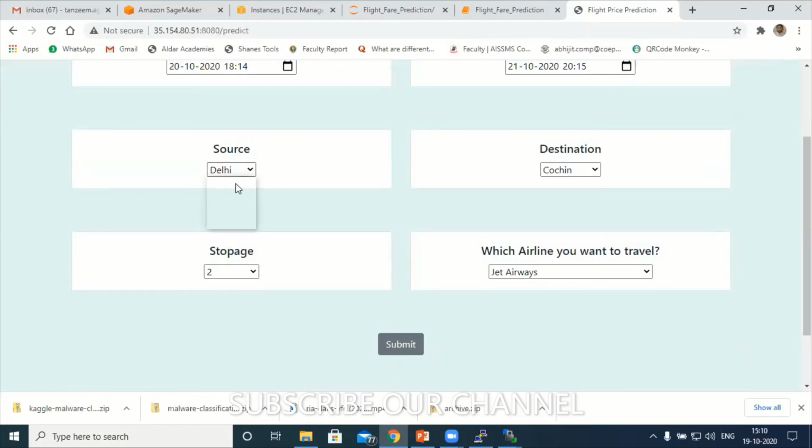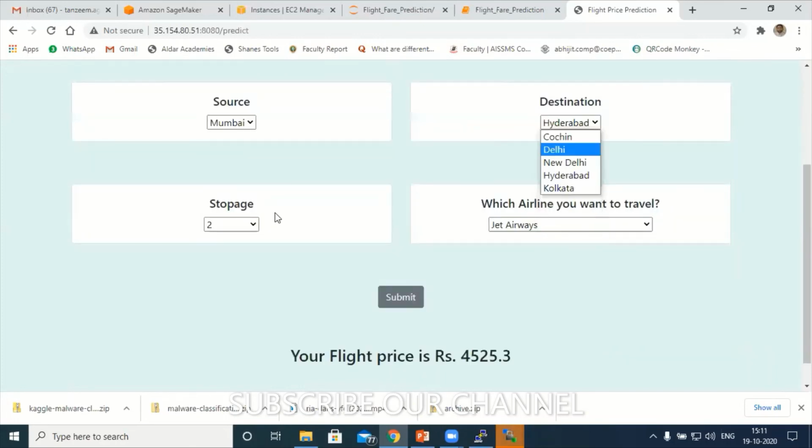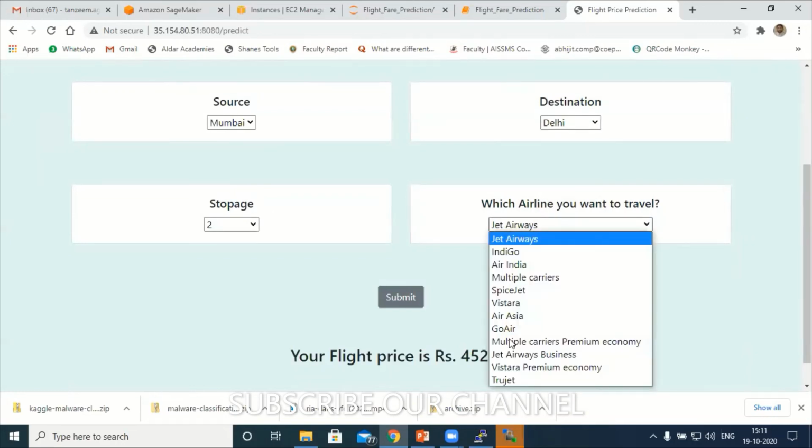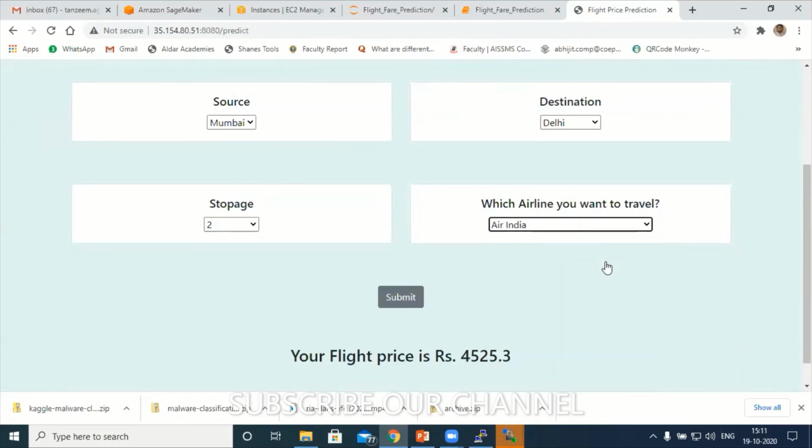Let's have Mumbai, Kolkata. Okay, let's have Hyderabad this time. Mumbai to Delhi, 2 stops. Let's have Jet Airways. Now let's say Air India. Submit.